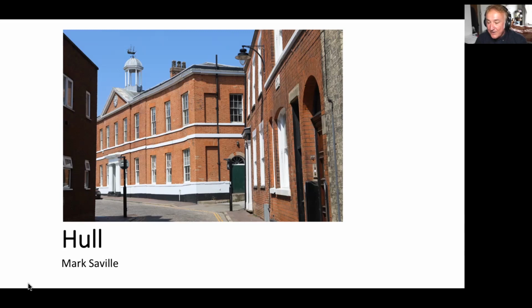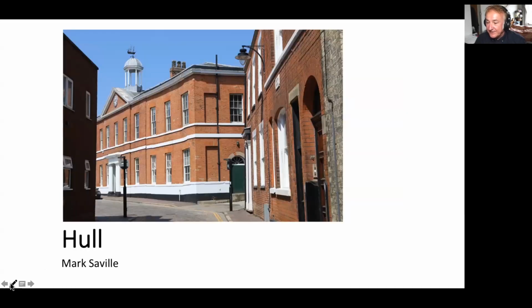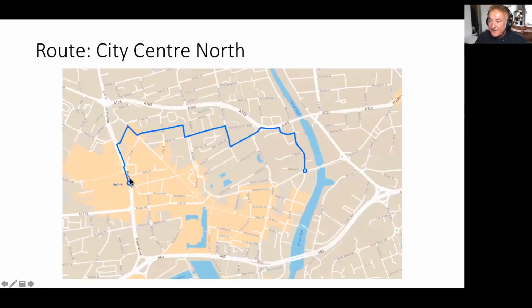So where we're going to go, we're going to set off at the Paragon Station, go up Ferensway, which is also a part of the ring road that I guess goes all the way around Hull, and then come along Paragon Street. Most people probably go along Albemarle Street, which is a bit more of a main road, but I'm going on the street behind that to see some of the backs of these buildings, and then coming out onto